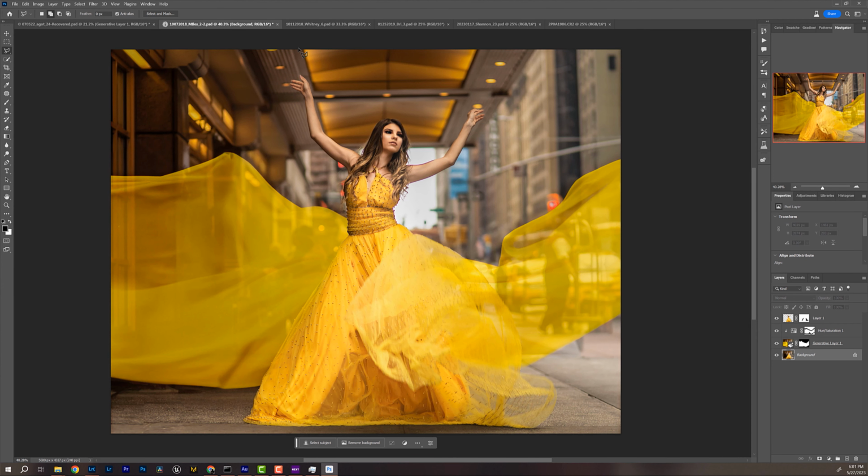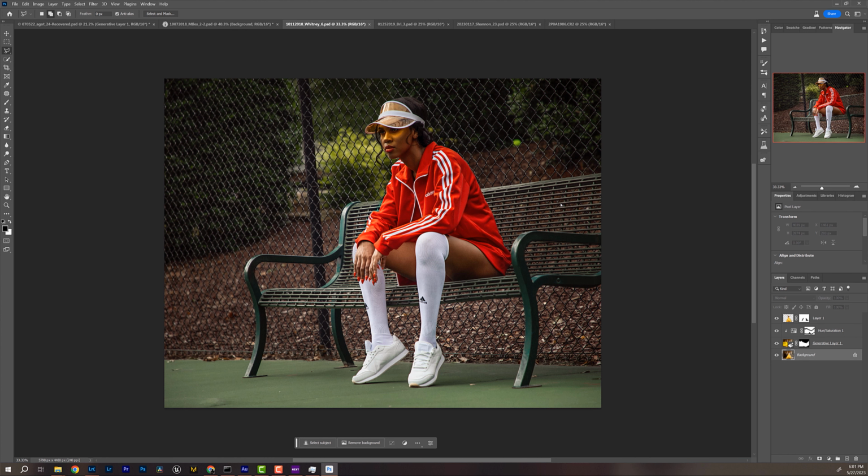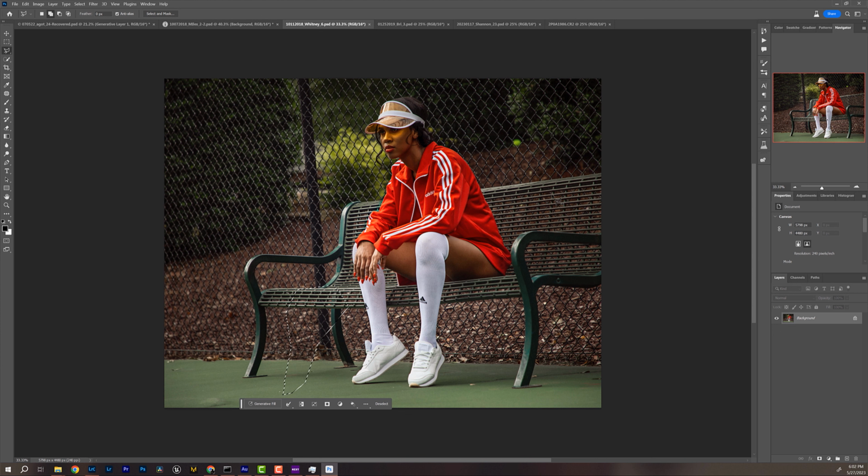And this is another picture that I kind of want to alter as well. All I want to do is something super simple, nothing too crazy. I just want to add a tennis racket, right? So you see, I don't have to create any type of body masks, nothing like that, because all I'm doing is adding props into my scene. So we'll do our generative fill and type in tennis racket.